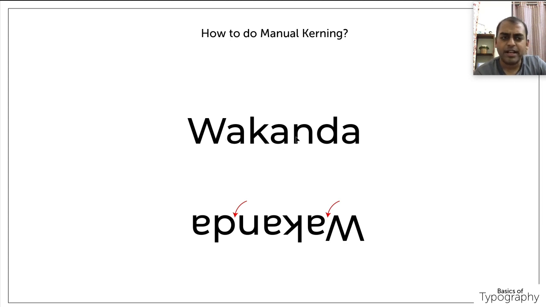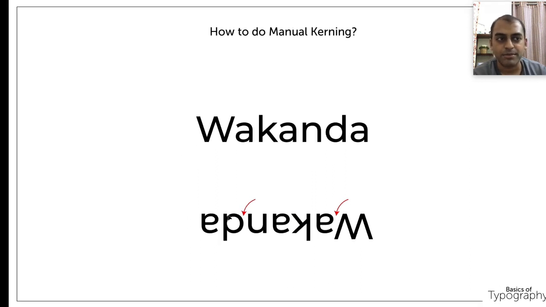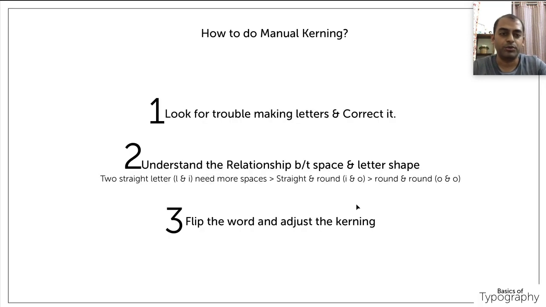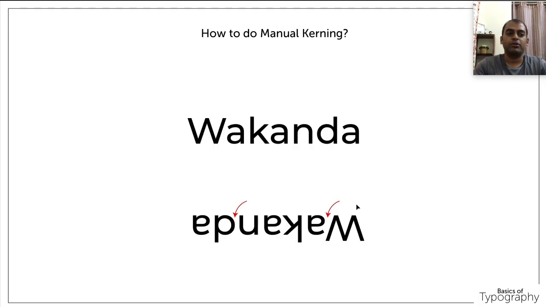The word actually seems to be not problematic, but when you flip the letters, when you rotate the letters upside down, you can see there is some issue in the spacing. You can see there is more spacing between A and N, same for N and D. Even for N and D, we can say that the spacing is lesser between these two. That is true, but when you see this gap to this gap, it seems to be more spacing, which we couldn't see in the straightforward word. When you flip the word, it is much more clear. So just flip the word and adjust the spacing and then undo the flip. By this way you can do the manual kerning.